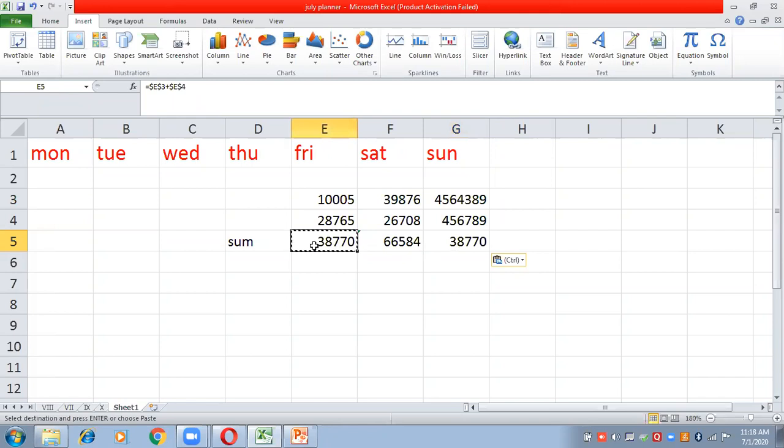Earlier it was relative, meaning it changed according to the address of the cell where it was copied. But right now, because I have used the dollar sign in front of every row and column, it becomes an absolute address. So if I copy it anywhere, it will not change. It will remain as it is.